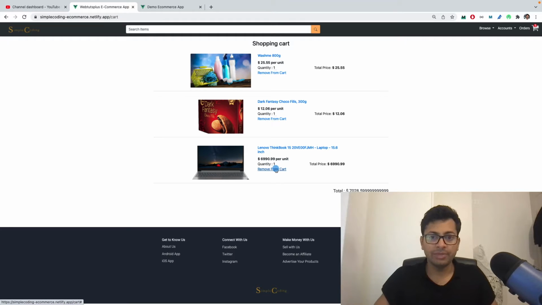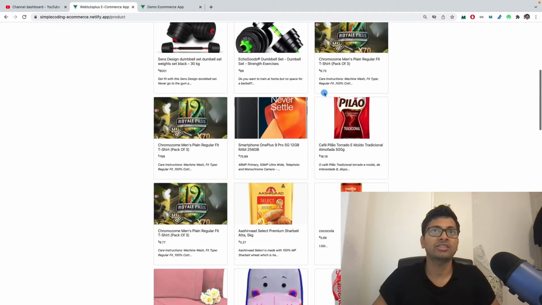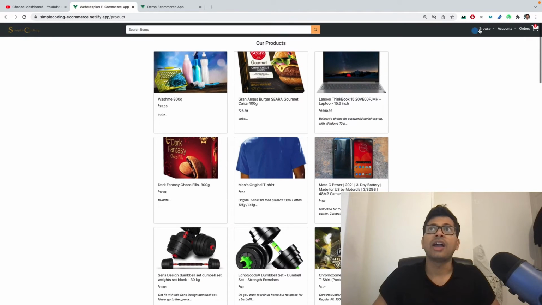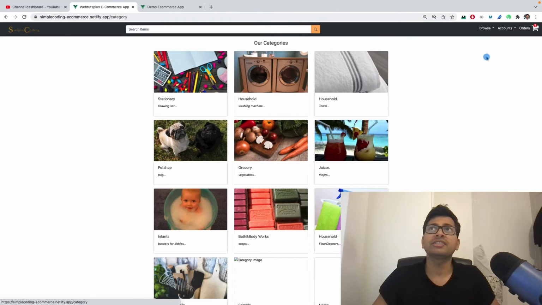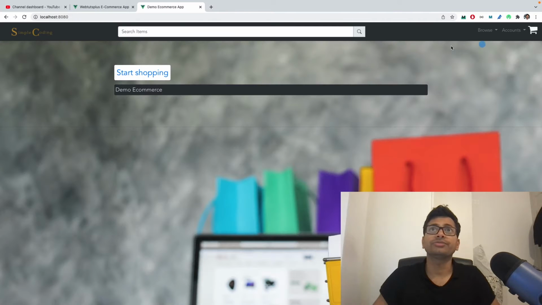So we're going to implement these two things, and also we'll implement two more pages where you can see all the products. As you can see now, we have all the products in this page, and you can see all the categories in this page, but we don't have these things right now. These pages are now empty. So we are going to implement these two pages, and also